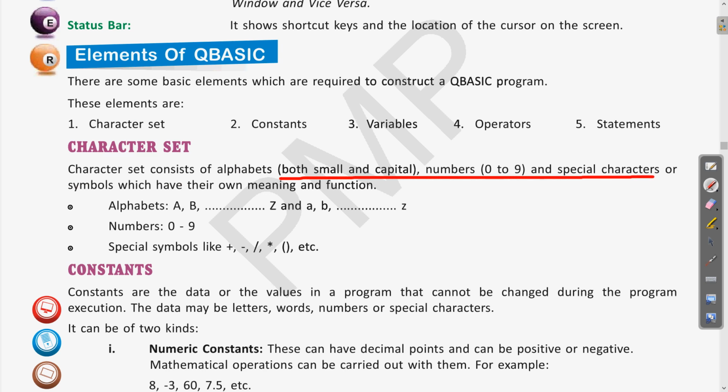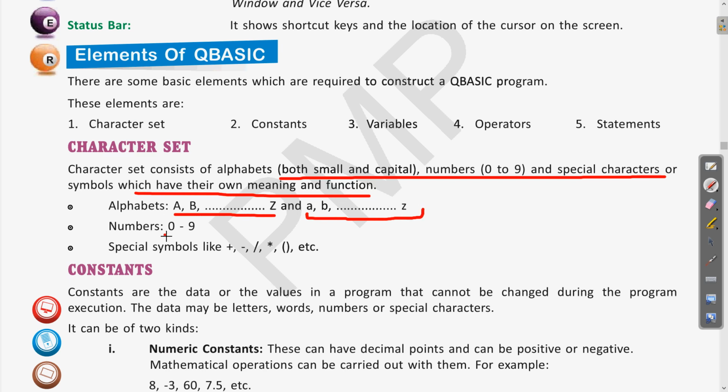Then some special characters or symbols which have their own meaning and function. So what are the parts of the character set? You can see the alphabets, capital A to capital Z, which are the capital ones. Then the small letters also, small a to small z. So these are the different alphabets which we use.